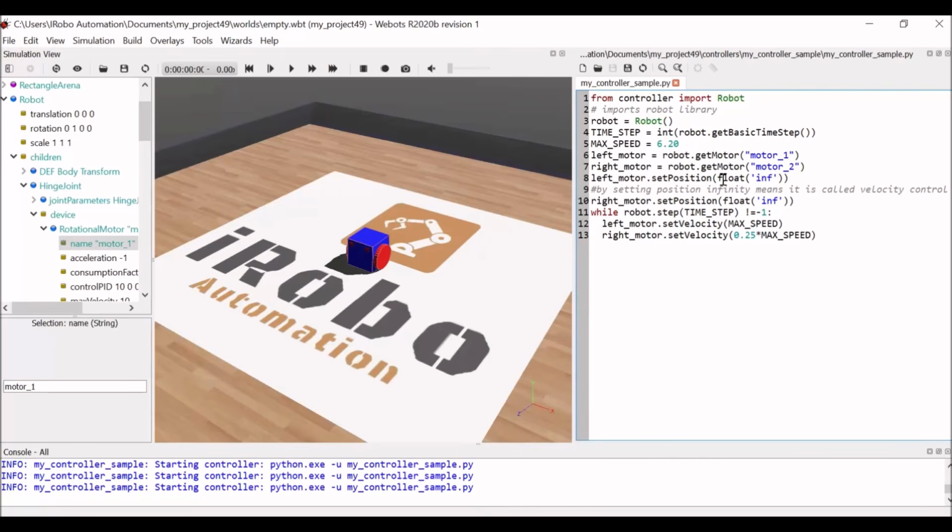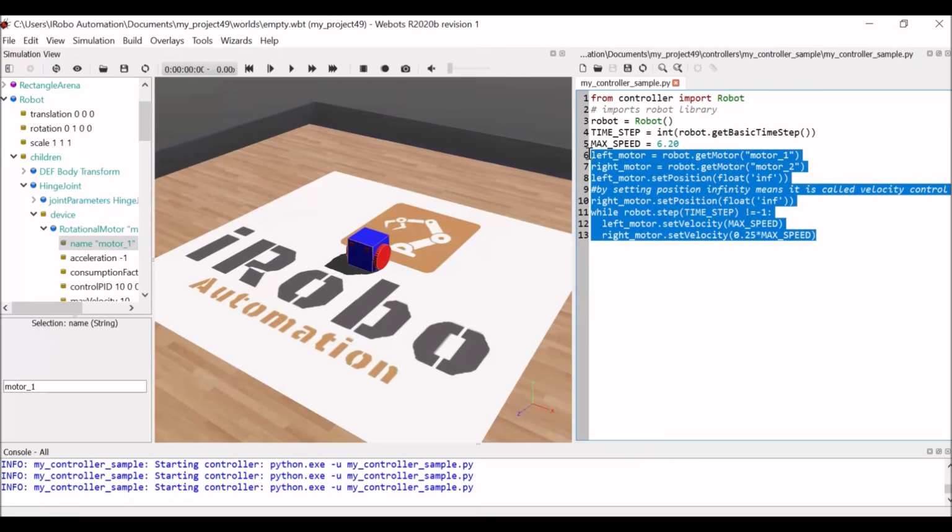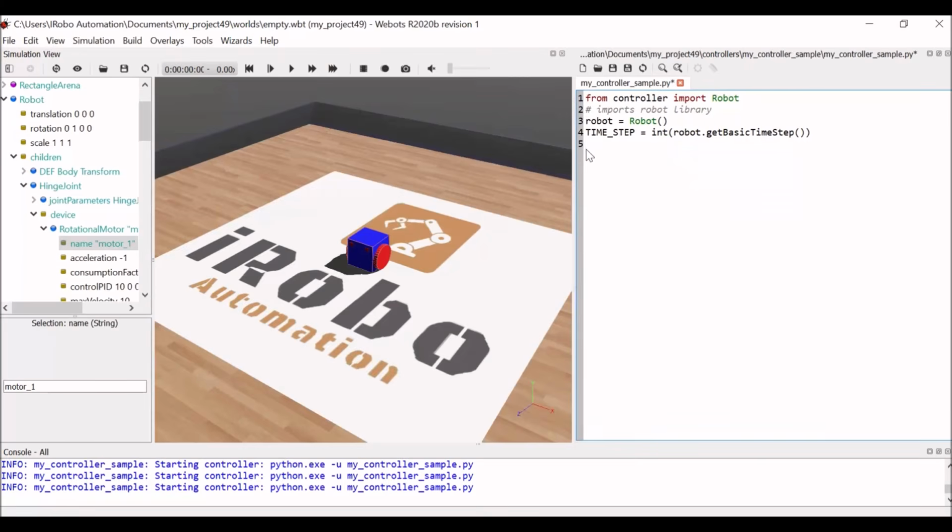So let us do this much from the beginning. Now after time step,